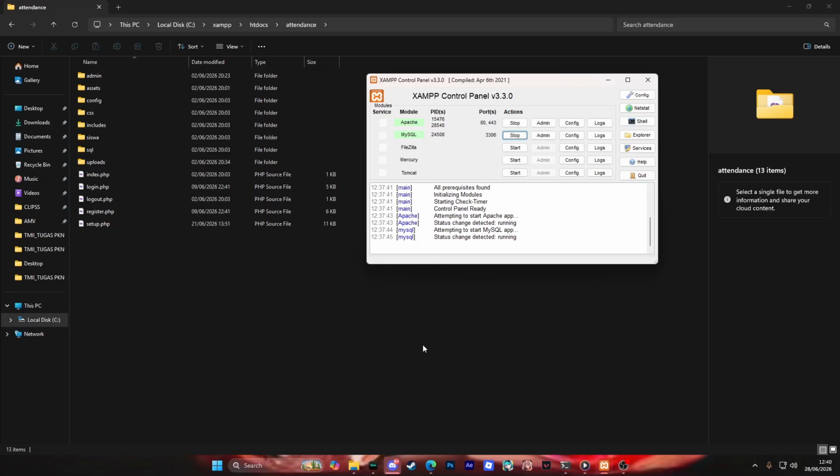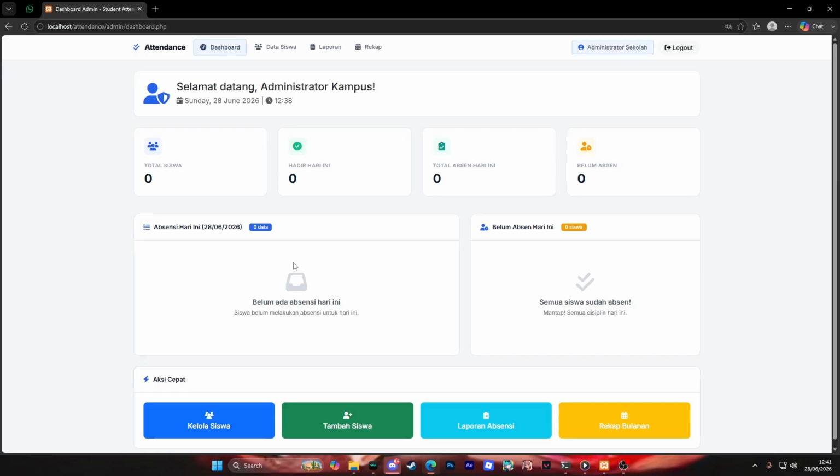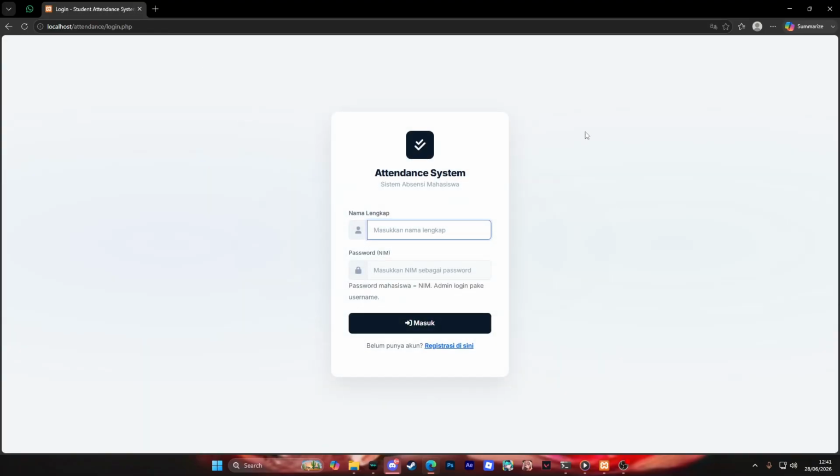Now, I will briefly explain how the system works. First, the user opens the application through a browser by accessing localhost/attendance. The login page will appear.